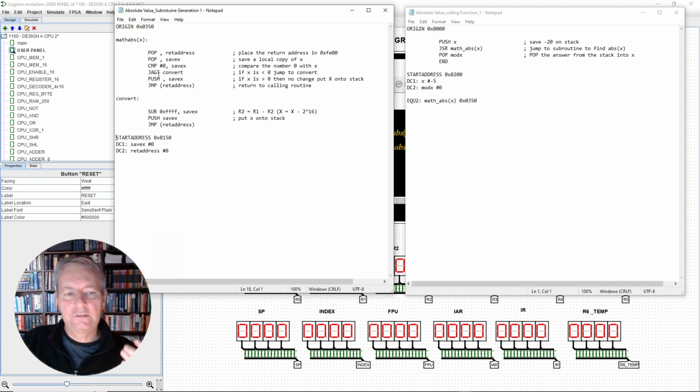Now, if it isn't a negative number, then we don't bother doing anything. We just take the original value, save x, and we push it straight back onto the stack. And then when we've pushed it straight back on the stack, we jump to the return address, which jumps back up to here. And again, we can pop that value off and we can save it in mod x. So that's the basis of our